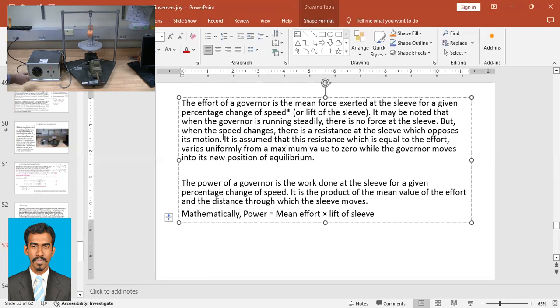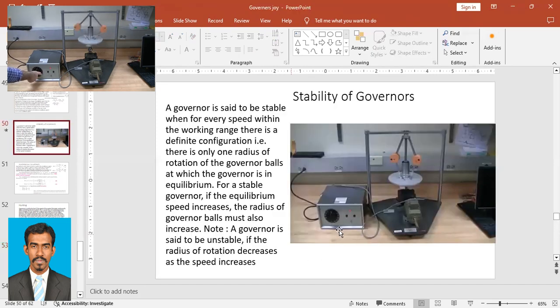Usually if the speed increases, the sleeve should move up and the radius of the ball should increase. That should be the condition. There should be an equal and opposite force which opposes this motion. It is assumed that this resistance, which is equal to the effort, varies uniformly from a maximum value to 0, while the governor moves into its new position of equilibrium. So when you assume a governor is working,